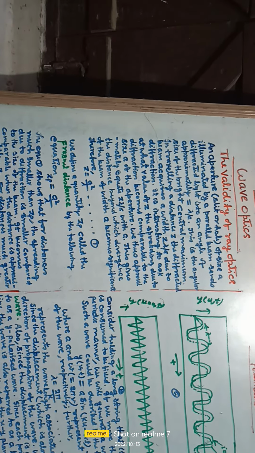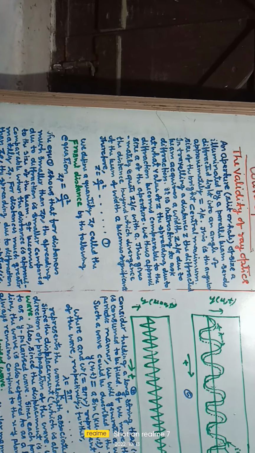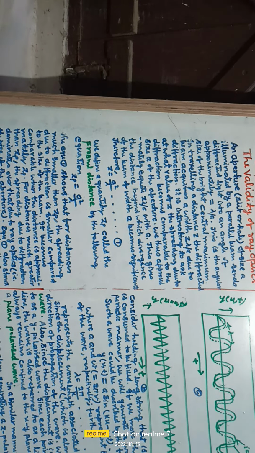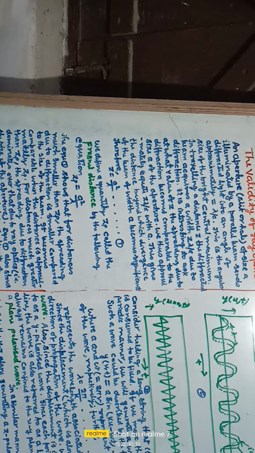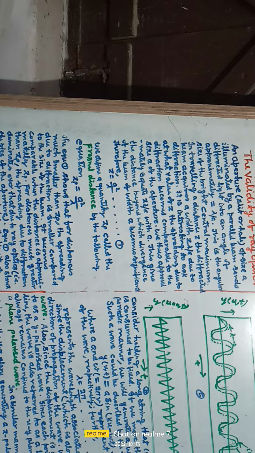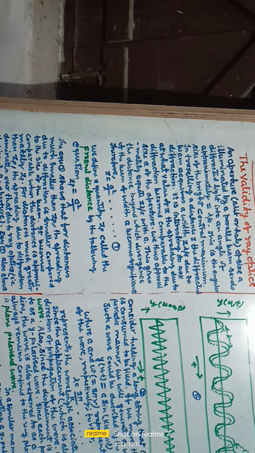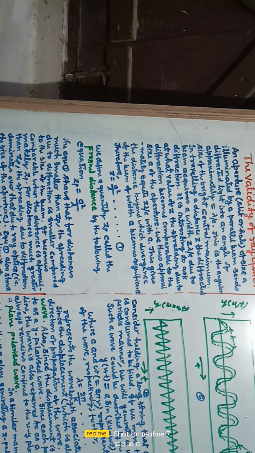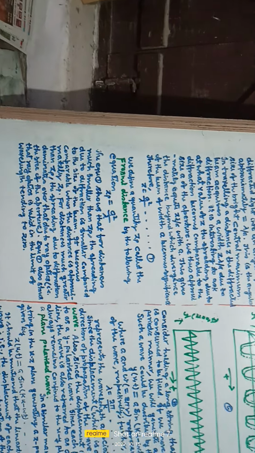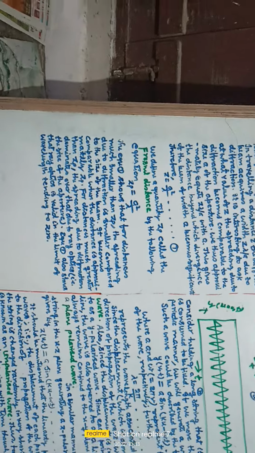In traveling a distance z, that diffracted beam acquires a width z lambda by a due to diffraction. It is interesting to ask at what value of z the spreading due to diffraction becomes comparable to the size a of the aperture. We thus approximately equate z lambda by a with a. This gives the distance beyond which divergence of the beam of width a becomes significant. Therefore, z is approximately a square by lambda. (Equation 1)